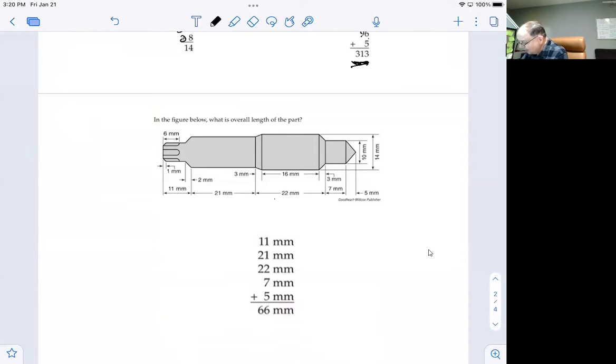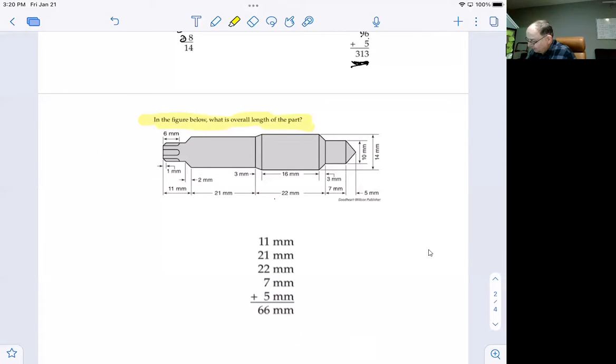The problem we're asked to find, though, is the overall length. What is the overall length of this part? So from this drawing, assuming length is what we would get if we looked at this part left to right, as opposed to up and down. Length is normally considered the longer of the two dimensions between length and width. So we're looking to add up all the numbers that go from one extreme end of this part to the other extreme end. And it looks like we've got a bunch of dimensions along the bottom that we can add up